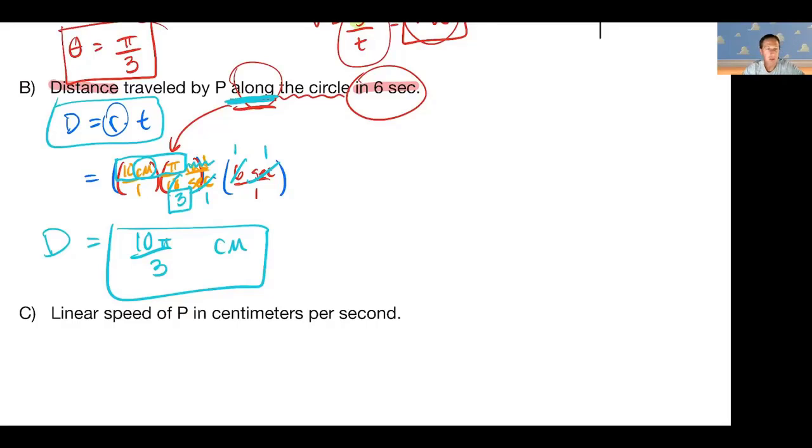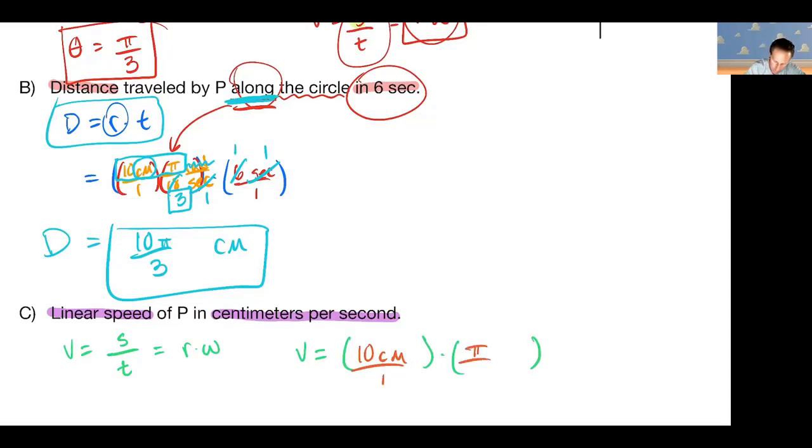All right, hopefully you got an answer and hopefully it makes sense. Look at your units. We're trying to find the linear speed. And they even tell you in centimeters per second. So the linear speed, remember, was our V that we used. And it had the S over T or the R times W. So we actually already kind of found this, didn't we? The linear speed, we're going to use the R times the W. And our radius, they told us at the beginning, was 10 centimeters. And our angular speed, they also told us, was pi over 18